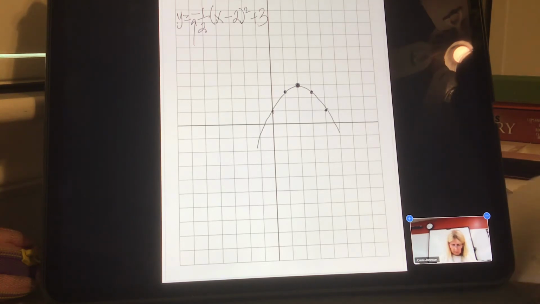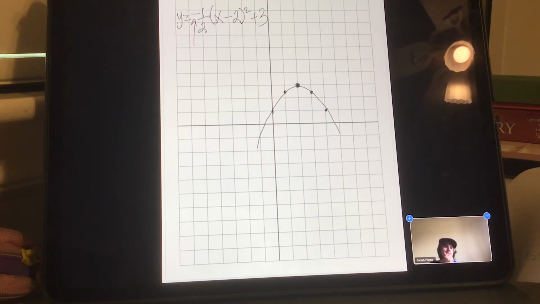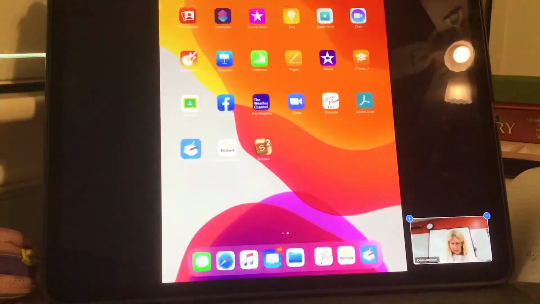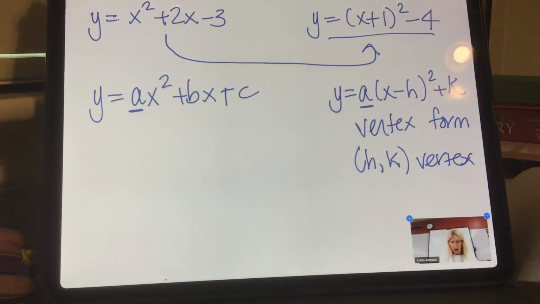Boom. And you got your graph. Now, is that a lot faster graphing? Do you guys agree? That's a lot faster. Now, let me go back to this problem and let me show you now how to take an equation in general form and put it